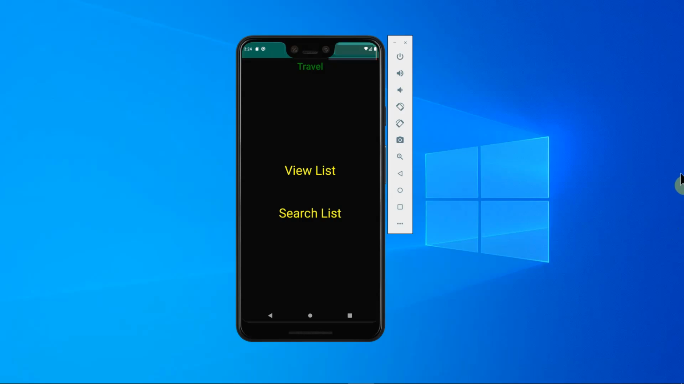And here's the demo to show you how it works. So, for starters, we have the main activity. This is our main menu. The whole purpose is to display the options which let us view the list of addresses and search the list